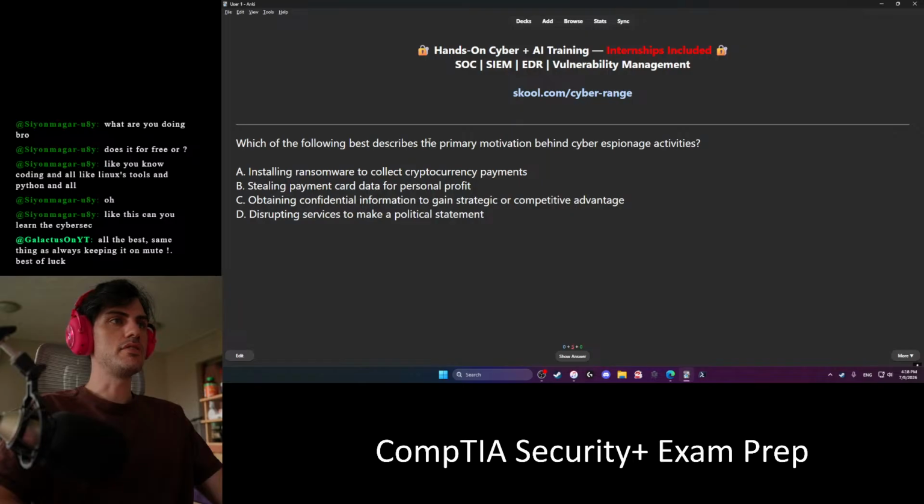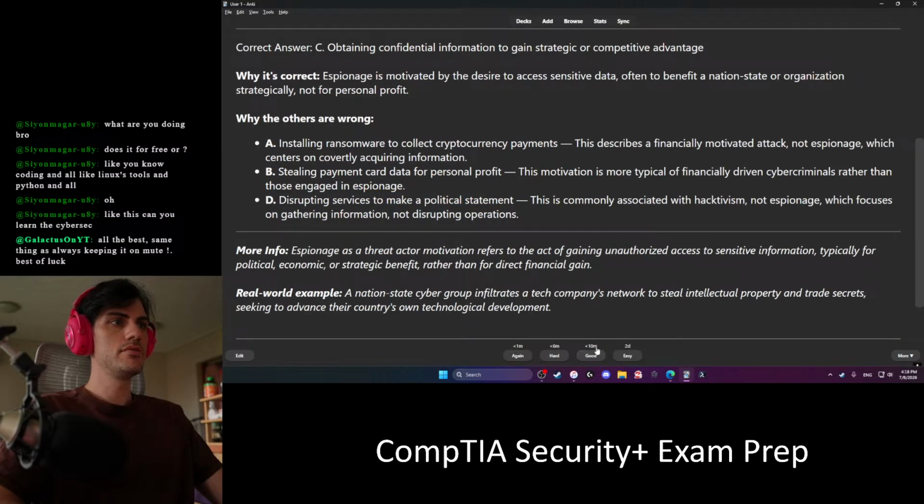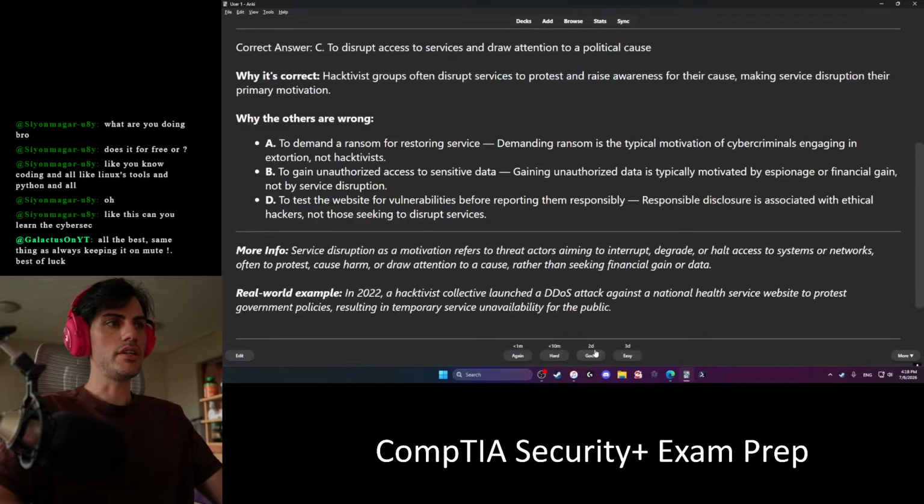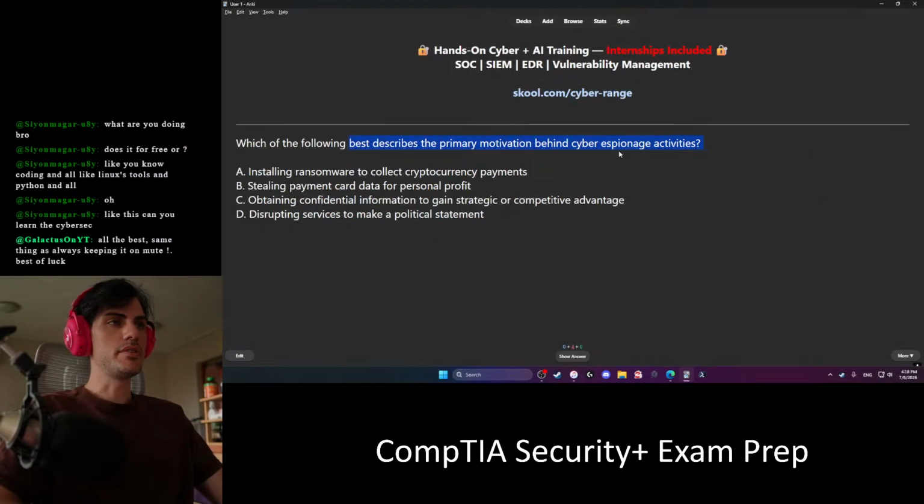Which of the following best describes the primary motivation behind cyber espionage activities? C. Which of the following best describes why a hacktivist group might initiate a denial of service attack against a government website? Just do this. C. Best describes primary motivation behind cyber espionage.